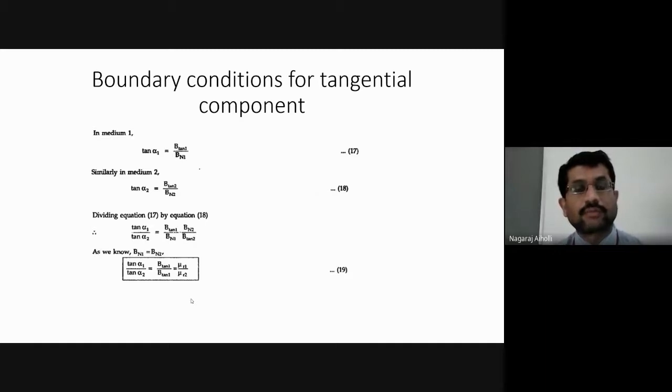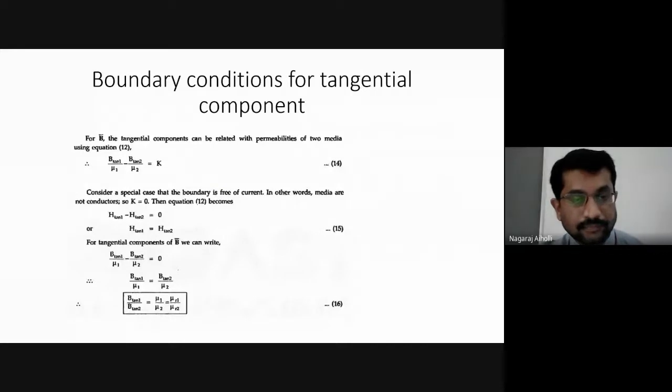We have gone through the boundary conditions. First, we evaluated the normal component of the boundary conditions, that is both for the magnetic flux density and the magnetic field intensity. Then we evaluated the tangential component at the boundary both for the flux density and for the magnetic field intensity. Now, if we look here, H tan 1 is equal to H tan 2. This is continuous. Tangential component, magnetic field intensity is continuous at the boundary.